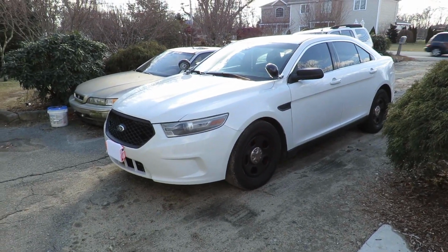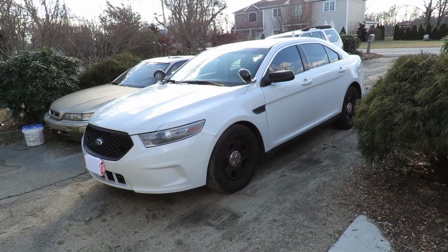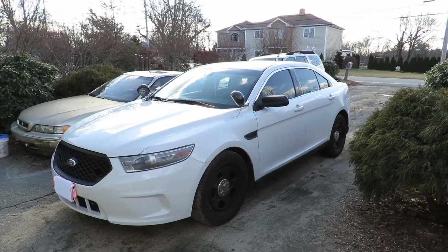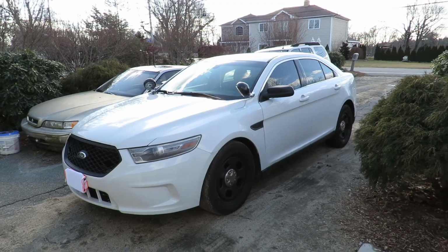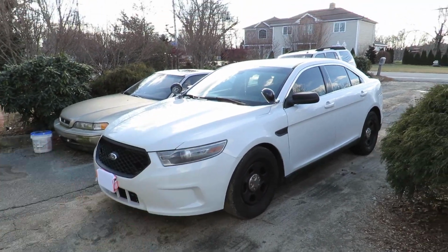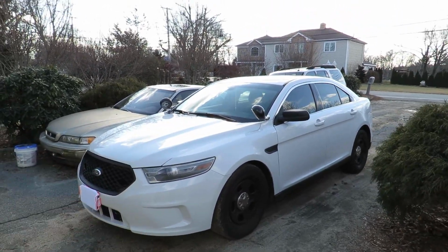If I were to listen to people, to be honest with you, I would have never got the Crown Vic, because a lot of people told me the Crown Vic is junk, that police beat up on them. You're going to need a new transmission, you're going to regret it, you're going to buy the car and then something's going to happen to it. But guess what? I still wanted the car, I went out and I bought it anyway. You only live once, so screw it. If you want it, just go for it. And I absolutely love this car, and I'm glad I went for it,